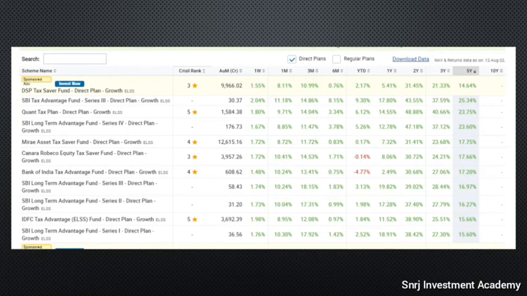But the thing is, as I am going a little bit to the safer side, that's why I am going with the Mirae Asset Tax Saver Fund. I am investing in this Mirae Asset Fund. I was also considering the Quant Tax Plan, but the thing is that the asset under management, AUM, is low compared to Mirae Asset, and their